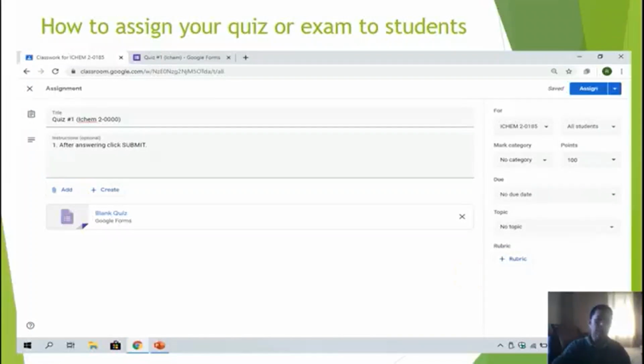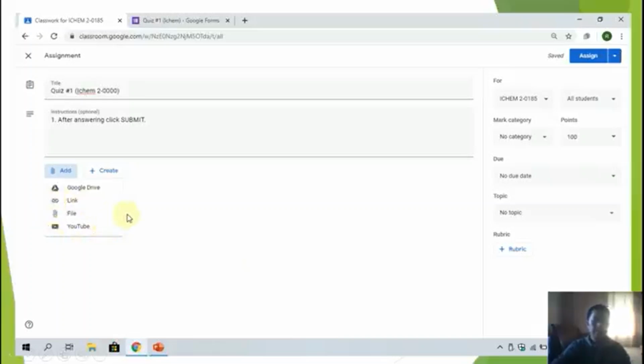But before that, when you place this X, you have to click this add button, and this one will appear. So a while ago you already created the quiz, so you just click Google Drive. In other systems, if you did not intend to have a score automatically, you can assign another quiz.